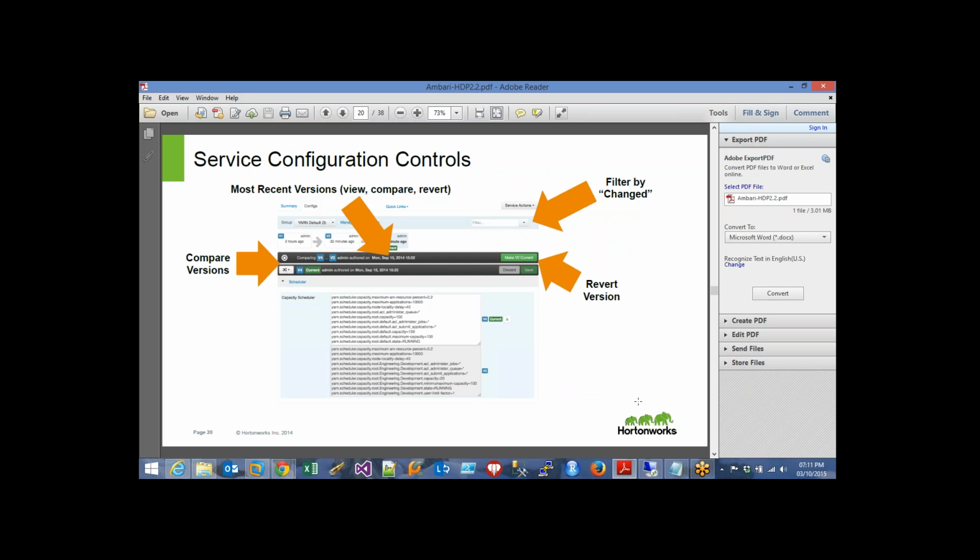HDP 2.2. And they have also added approaches for service configuration control. As we know, we can filter the change history. In the filtering tab, we can search over the changes that have been made, or the changed history versions. Also, if we want to revert any of the current changes to previous versions, we can easily do that by clicking on the make current tab. So all of these enhancements we can see in this current Ambari that's coming out with HDP